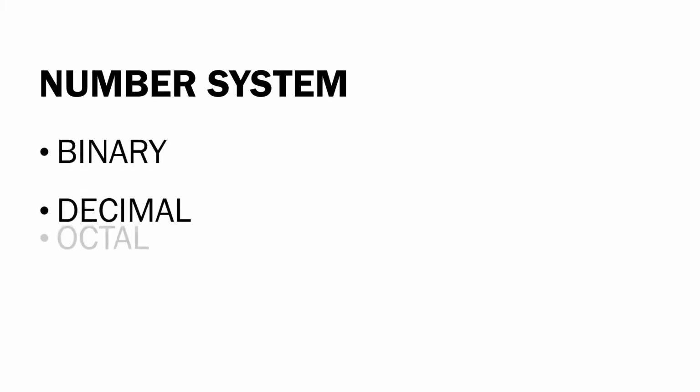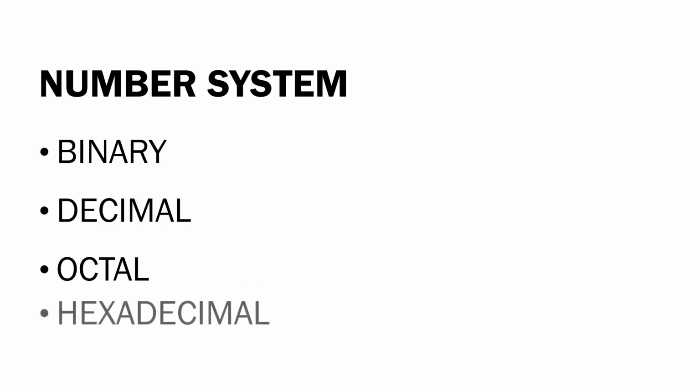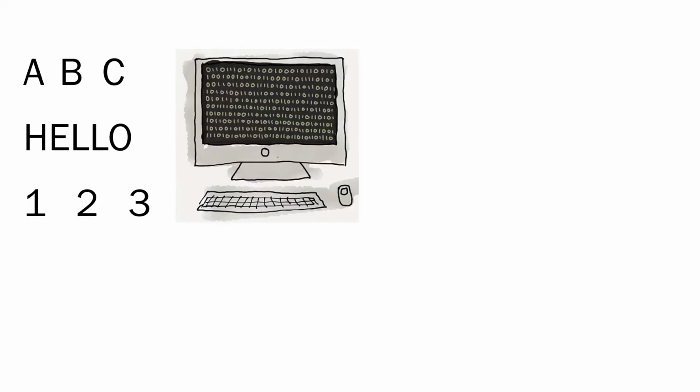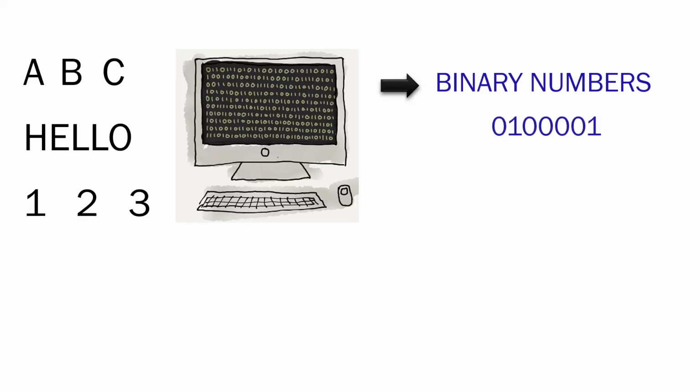In this video, we will talk about the set of values used to represent different quantities, which is known as the number system. And there are four types of number system. We have the binary, the decimal, the octal, and the hexadecimal. When we type letters, words, or numbers, the computer translates them into binary numbers, as computer can understand only